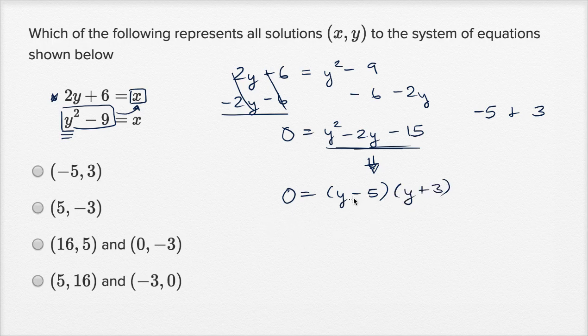Well, if you have the product of two things that is equal to 0, that means you could get this to be equal to 0 by making one or both of these equal to 0. So the solutions are going to be, how do you make this one equal 0? Well, y would be equal to 5. And how do you make this one equal to 0? Well, y would be equal to negative 3. Y equals 5 would make this 0, which would make the entire expression 0, so this is a solution. And y equals negative 3 would make this 0, which would make this entire expression 0. So it is also a solution.